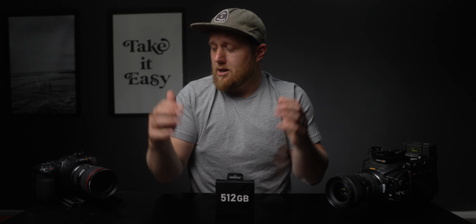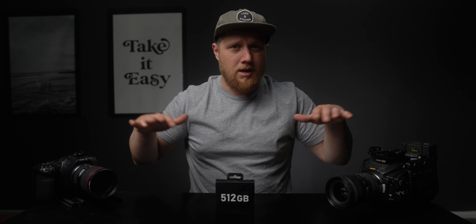However, when I bump up to 5:1 compression at 4.6K, 120 frames per second, not a single drop frame and good to go, and I can just keep rolling it and rolling it like no problem. So that being said, this card passes all of my tests for what I would use it for, really 5:1 or 8:1 compression on both these cameras,